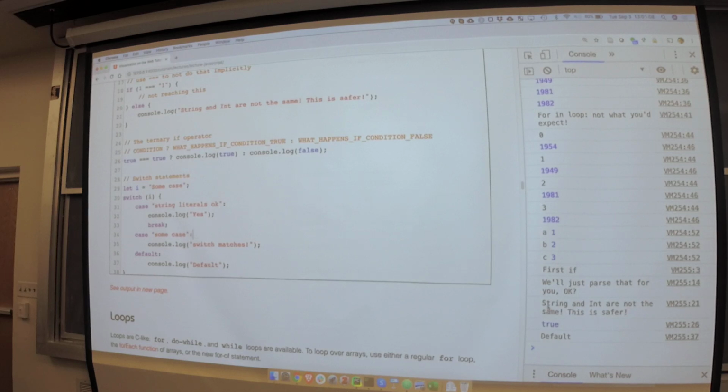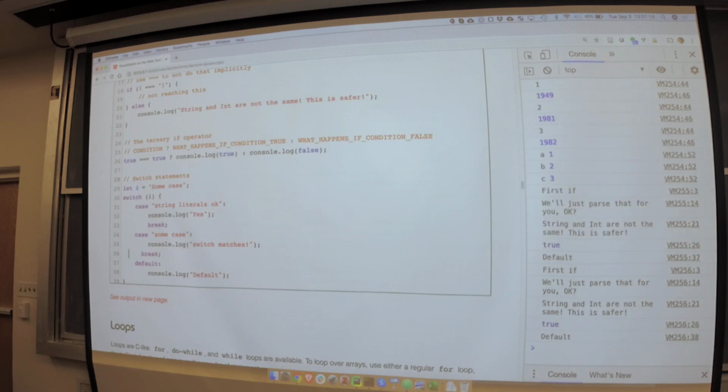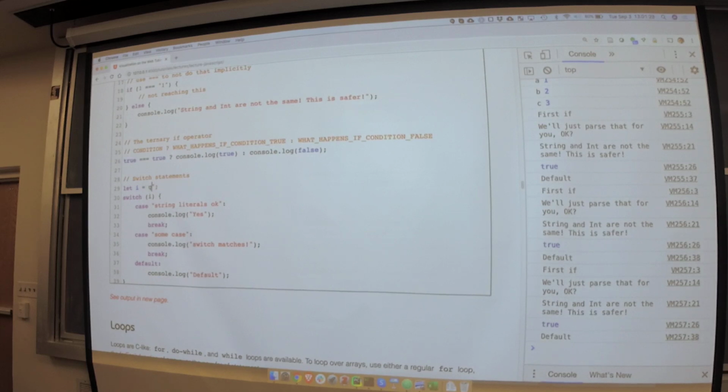So I'll do the break here. So that shouldn't give default. It does give default, right? So it actually is case sensitive. And your question is, let's suppose I have 1,